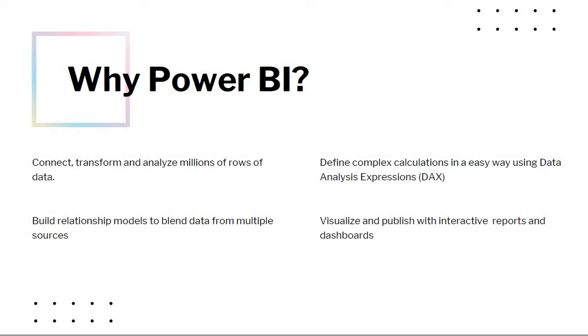So what are these relationship models? For example, you have data from your purchase department and your sales department. You can actually link both of these data properly through a product ID, which will be available in both sales and purchase data. You can define or create calculated columns which can further fine-tune your analysis by using Data Analysis Expressions or DAX. This is the primary language of Power BI, but not to worry, you don't have to learn any language here. It's quite simple, and it is mostly similar to the one which we use in Excel to create calculated columns